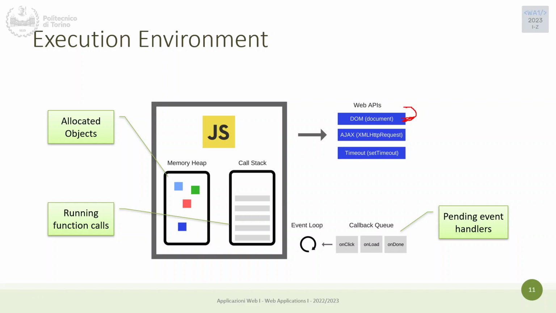So the DOM APIs are APIs which are outside the plain JavaScript engine. And you also have the setTimeout function, which, if I correctly remember, we discussed together when we talked about callbacks. But probably I did not go too deep in discussing that function, which is a bit